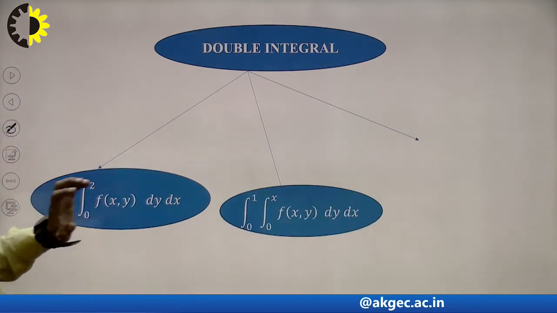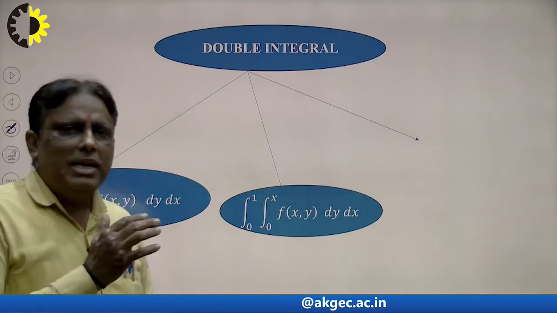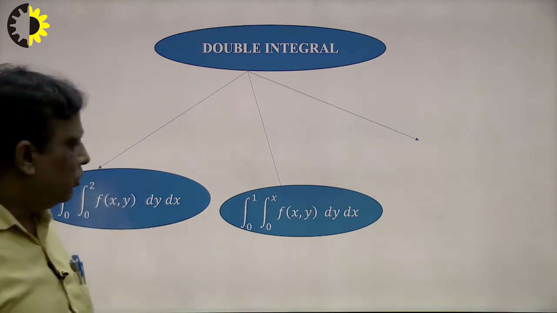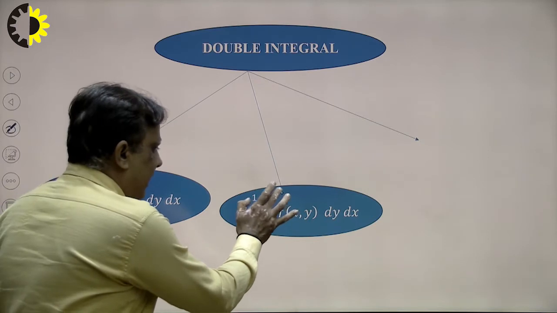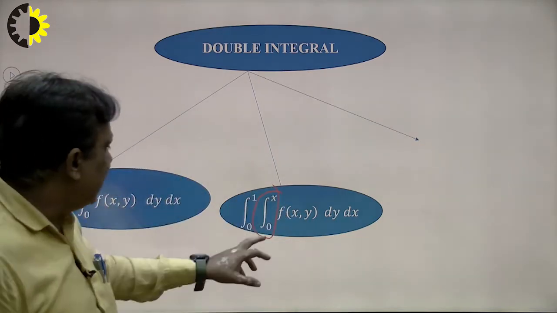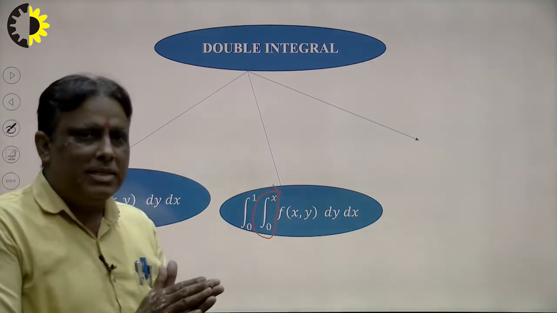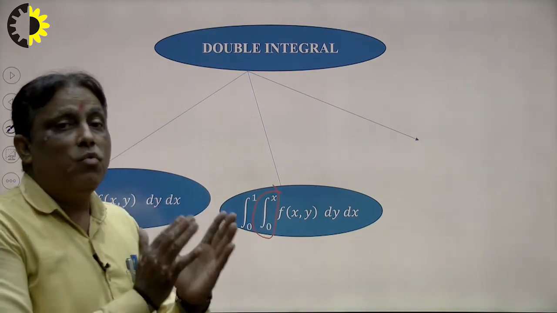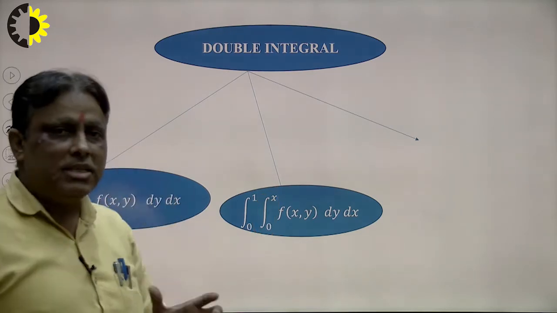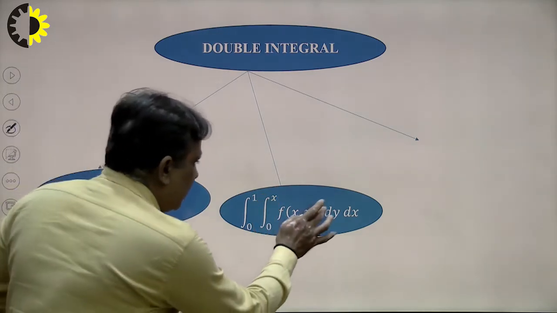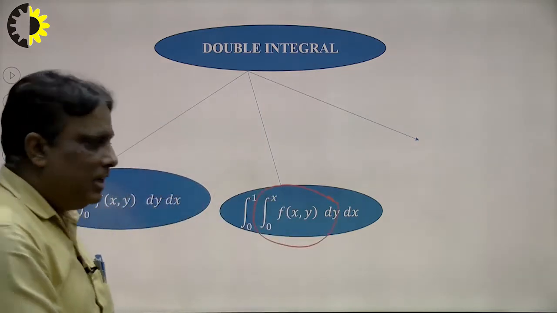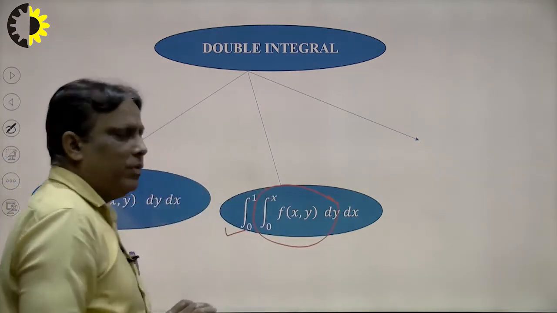And the second procedure may be one limit is variable and another limit is a constant. So this is known as the first integral, and the variable limit is always on the first integral, right. If they write 0 to x, that means this limit will be y here, right. Students, keep in mind and listen very carefully, this limit will be y here, right, and this will be the limit of x.